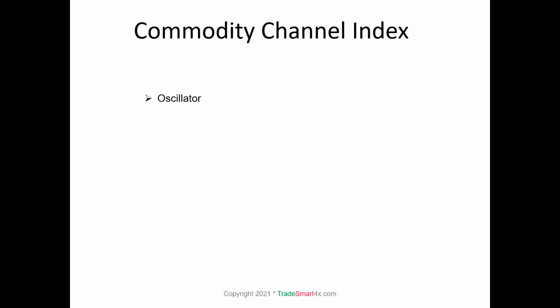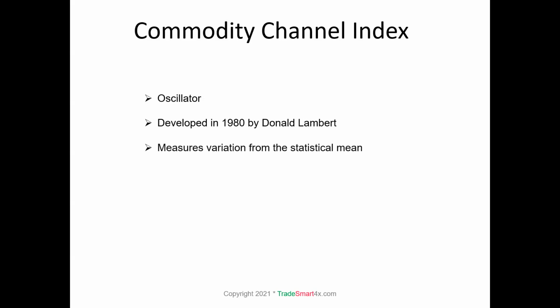So what is the Commodity Channel Index? Well, it's an indicator which is under a class of indicators called an oscillator. It was developed in 1980 by Donald Lambert. And what it does is measure variation from the statistical mean. What does that mean? That means current price relative to an average price over a given time period. So when we talk about price being overbought or oversold, or reverting back to the mean, if price gets too overbought, it may revert back to the mean,